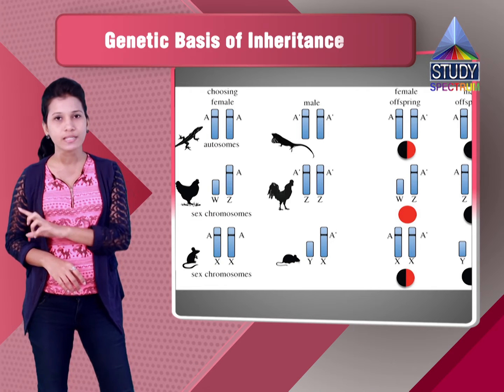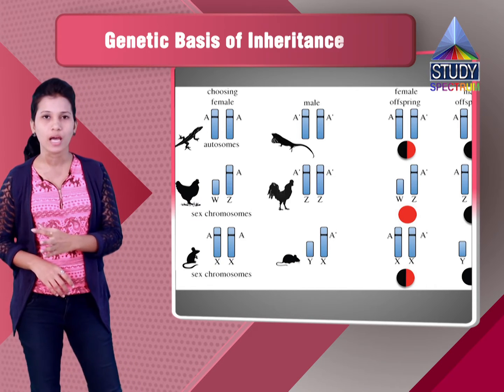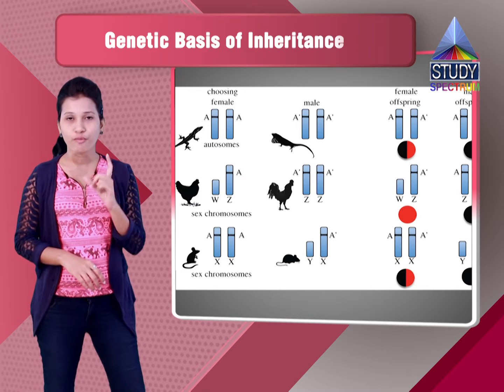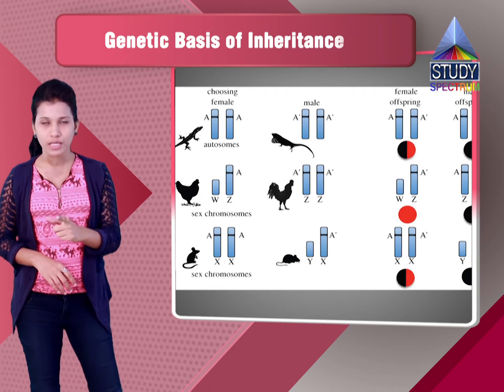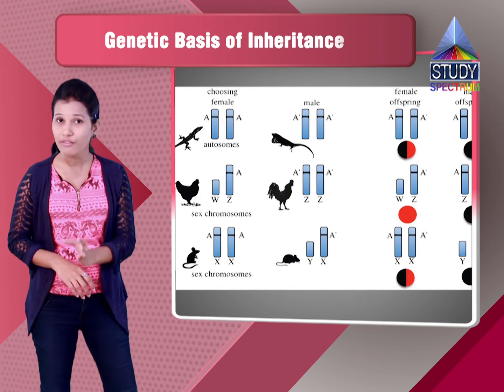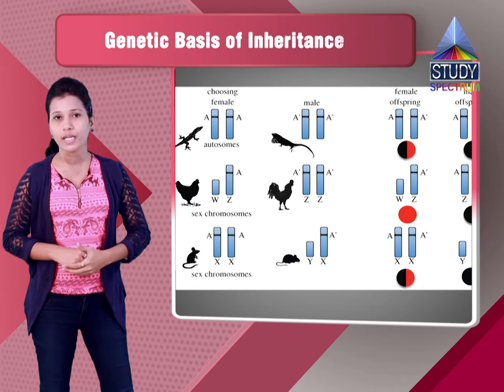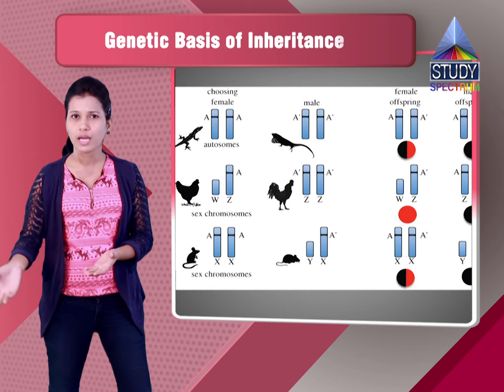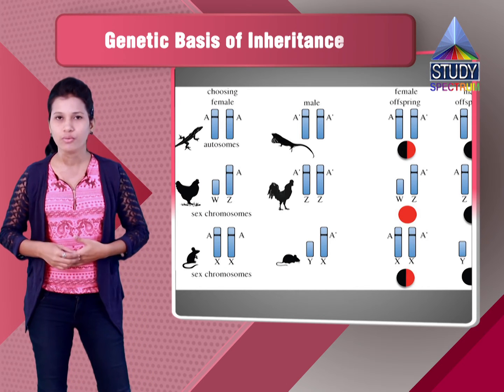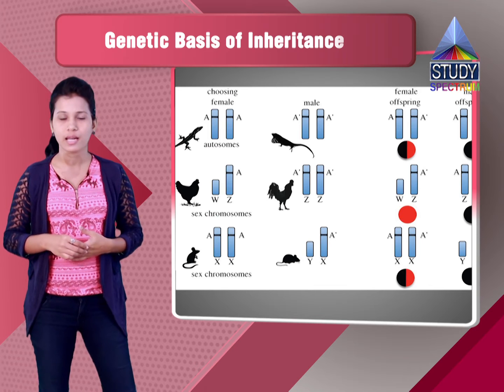If both the SS genes are present, the person will die because of sickle cell anemia. If one gene is normal and one gene is sickle cell anemia, then the person will survive, but he is a carrier. He still has the gene, and if he marries a carrier again, they can have a child who will die of sickle cell anemia.